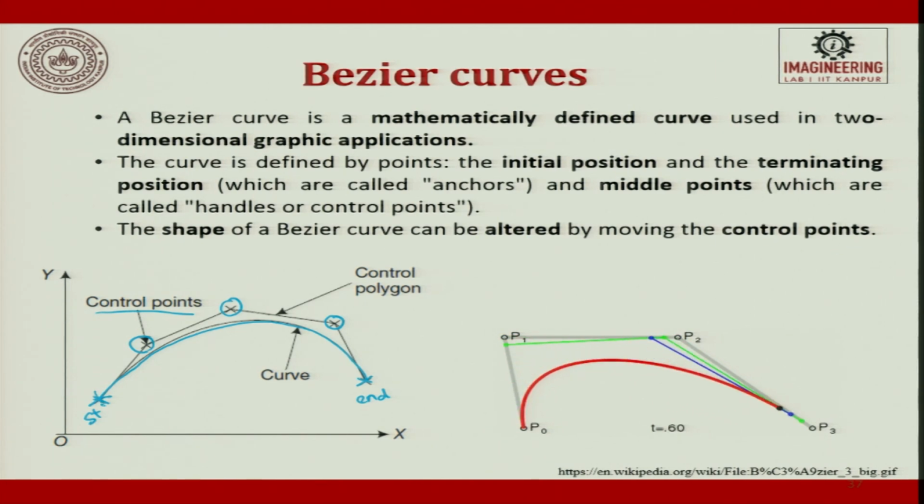So, you fix the start point and end point alone. The rest of the points, when you move left, right, up, down, you can see there will be a variation in the complete curve. So, why are we trying to do it? We are trying to go back to our parametric form. If I can establish these control points into a parametric value and then link it with the start point and end point, then this curve also becomes easy for representation.